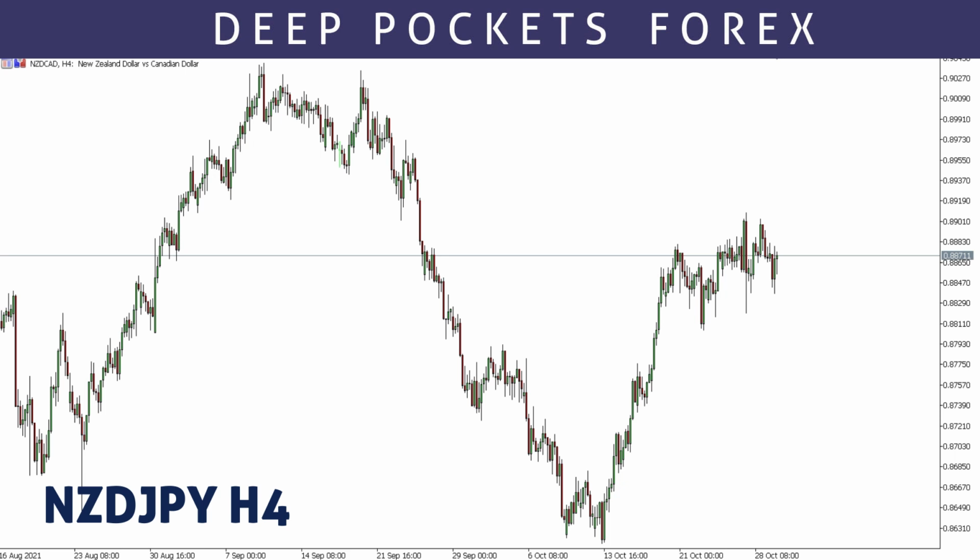This is NZDCAD. Now for NZDCAD, this is what you should expect. You see how price is moving. You should expect an up move, breaking previous high, and then from here price can push lower, breaking previous low and previous low, just slightly breaking this previous low here. You can expect price to push up to around this area, then from here you can expect this up move here,